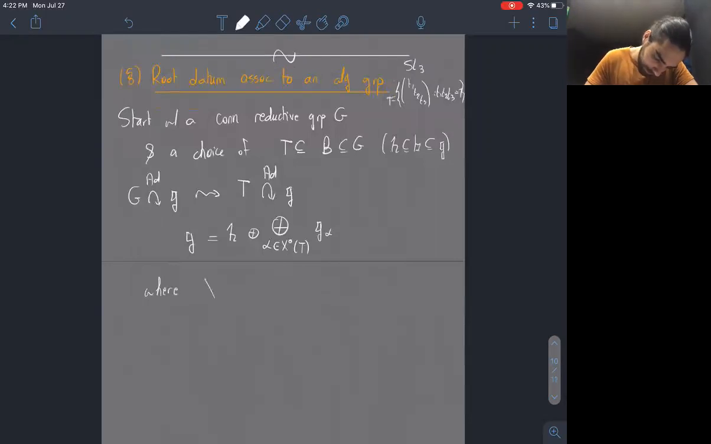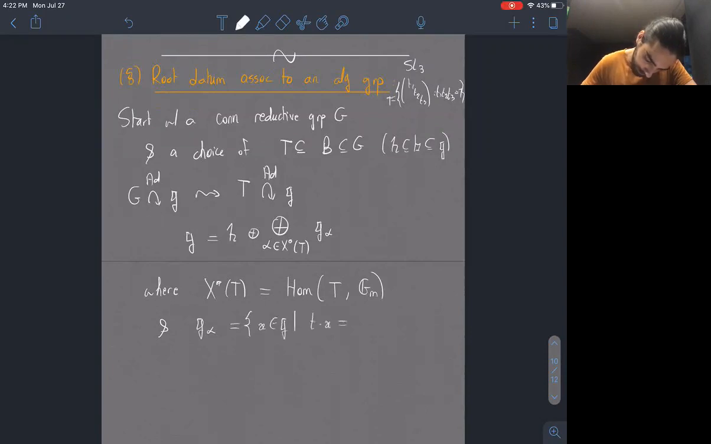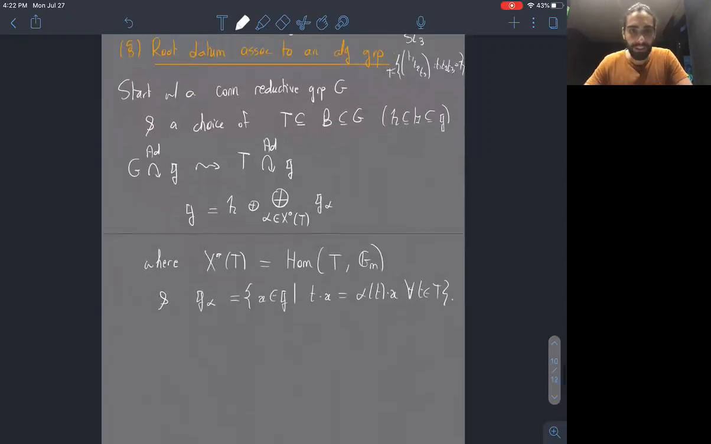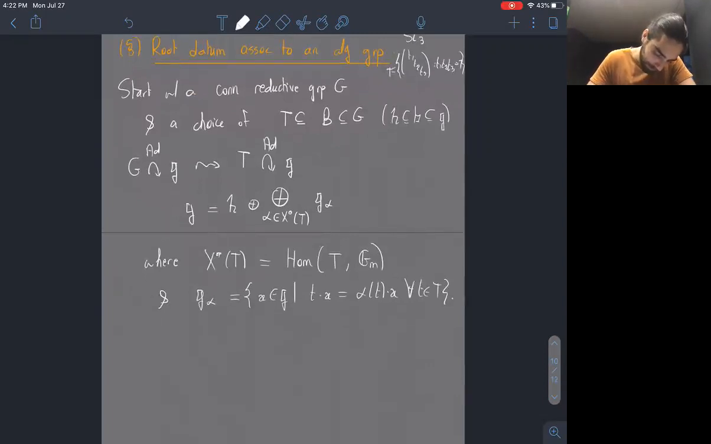where now X star of T is the set of algebraic maps from the torus to G_m, and g_alpha is as before: the set of elements x such that t acts on x by alpha of t times x, for all t. So this is, so far, very much the analog of the Lie algebra setting. So you get roots Delta with a root system